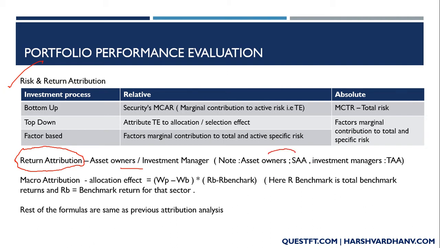Always remember that asset owners always have a long term SAA. So a pension fund sponsored by a government will have a strategic asset allocation, say 75% debt, 25% equity, for example, or vice versa, whatever. But investment managers, the ones who are managing it, need to implement TAA so as to exploit the market conditions. But in the long term, their TAA will be aligned to the SAA.